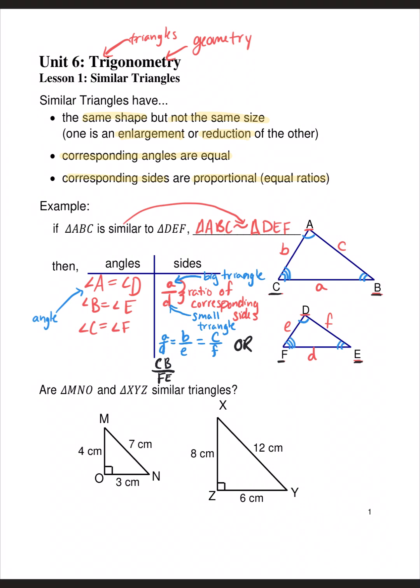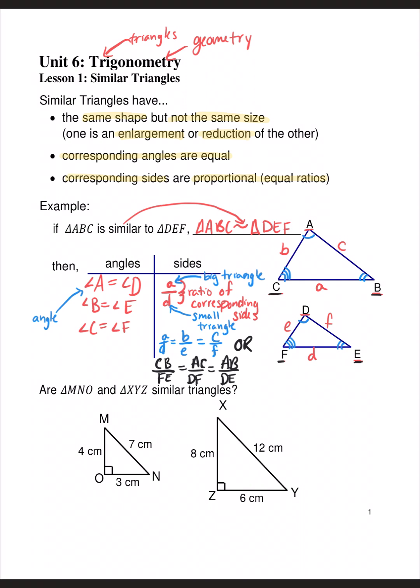So I'm just going to do that for all of them. So then B we could represent as AC over DF, and then we could represent C as capital AB, and then F would be DE. Okay, so that's just labeling using those vertices, but you're going to see us using more of the lowercase letters